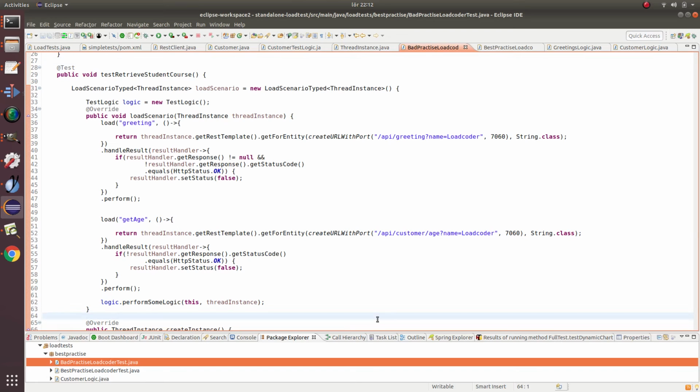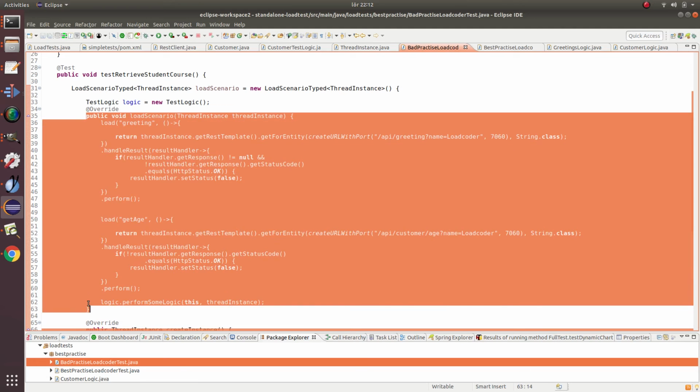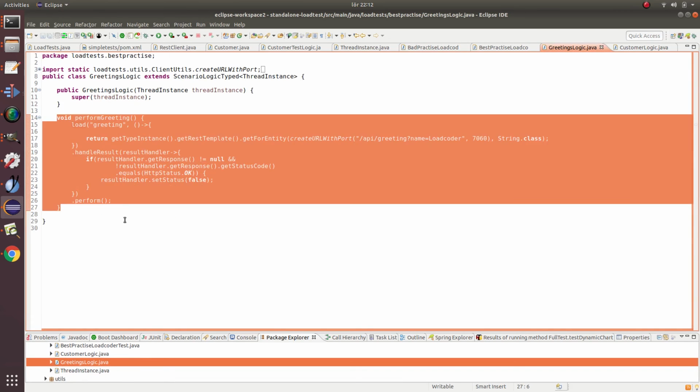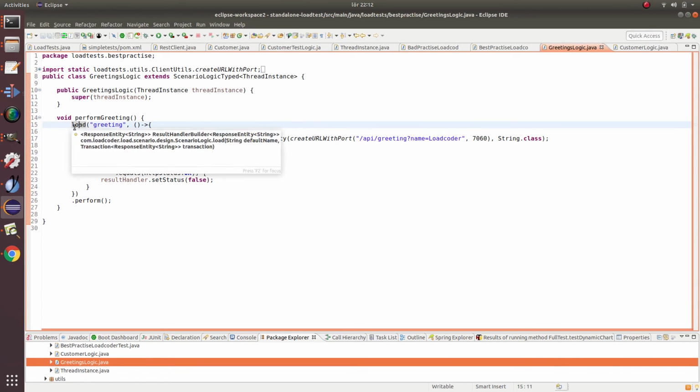In order to have a good code design of your load tests, Loadcoder 2 comes with a guideline of how to structure your code in different cases. When building more extensive scenarios that test different parts of your system, you probably don't want to state all the test logic directly inside the load scenario method. A better way is to organize your test logic inside other classes and methods that in their turn perform the